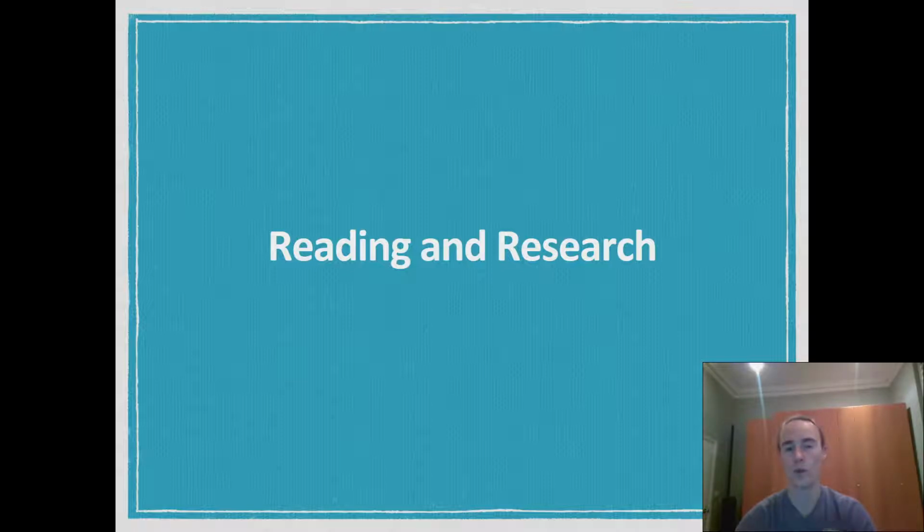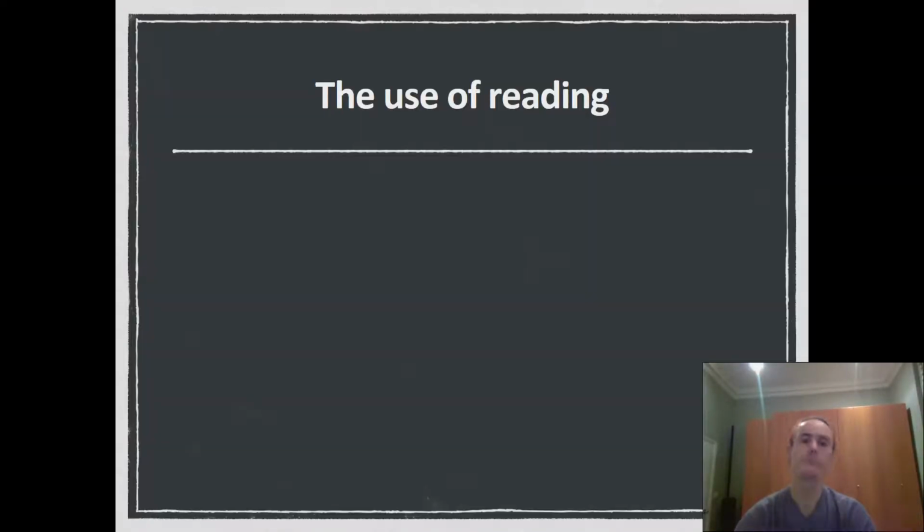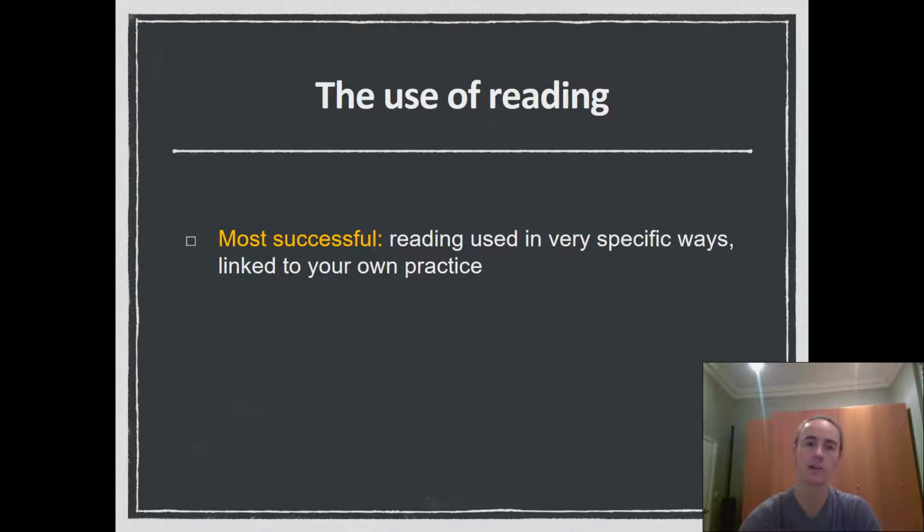And I think using reading in a well-informed way, it's quite a difficult skill. We're not asking you to just show us that you know a load of theories. That's great. That's a bit level 6 and not level 7. We're asking you to really utilize and link these ideas that other people are having to your practice very directly. So, when you were using reading, those of you that were most successful with this skill, you were using these ideas in very specific ways, linking them to your own practice.